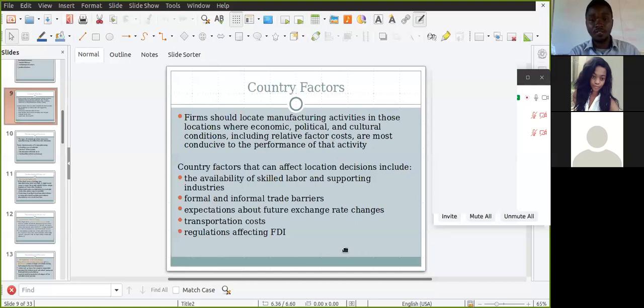Regulations affecting FDI. When you invest in another country, what are the policies which are there to govern your investment? What are the terms that you've been given? If the terms are favorable, you go ahead into investing in that foreign country. If they are not, you do the opposite, which is not investing in that country, because that would be a wise choice. Because when you're doing business, you need to be rational. You need to weigh alternatives. Which choice is better between A and B? You make sure that you choose the right choice at the end of the day, not a choice that is going to give you less returns.